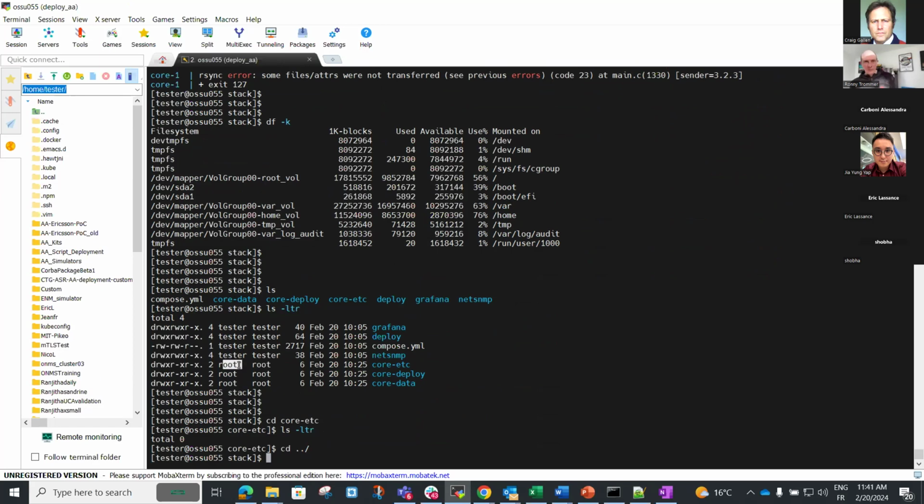Oh, yes, correct. Change owner, okay. And then 10001 colon 10001. Yeah, colon 10001 again. And then core etc with -R for recursive.